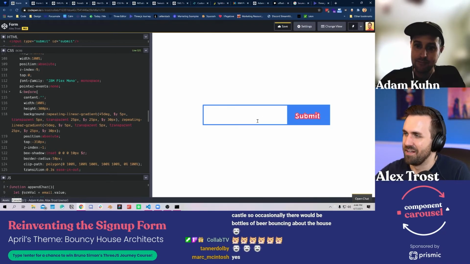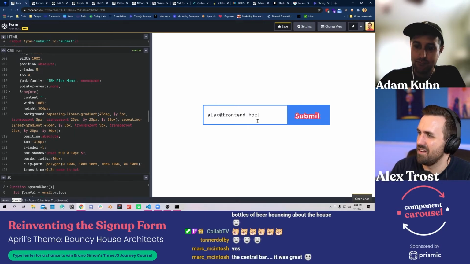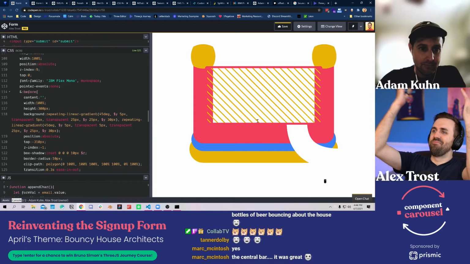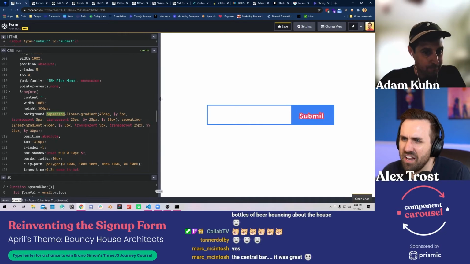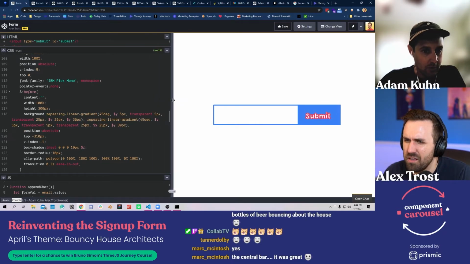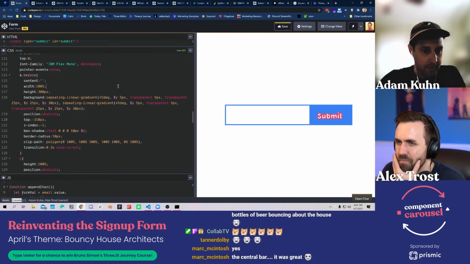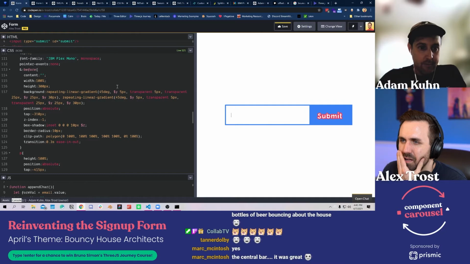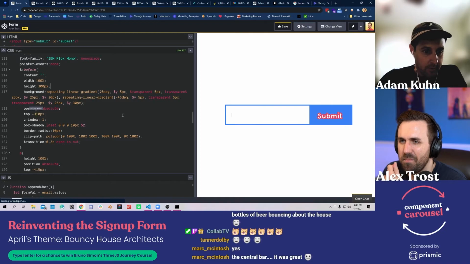All right, let's see what we got now. Is the netting off? Is the netting not working? There's something off with that linear gradient. I've just got to flip it real quick. There we go. Okay, so I guess we don't want to go that high, and let's set a delay on it.